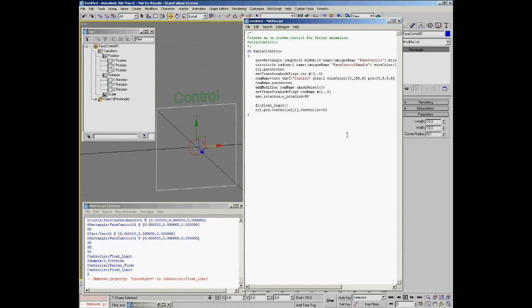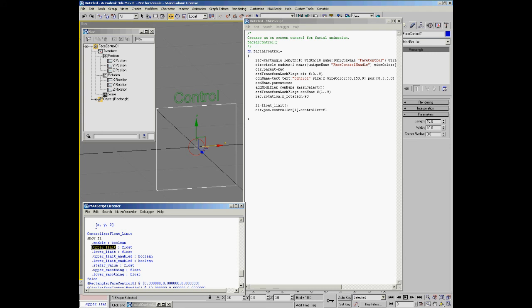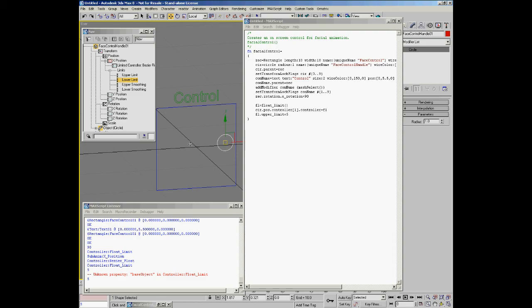So we've applied the float limit controller, and the next thing we need to do to actually limit it is work with the values. As we saw here, we can use the upper limit, we'll start with. We'll say FL dot upper limit equals 5. You can see that it stops when